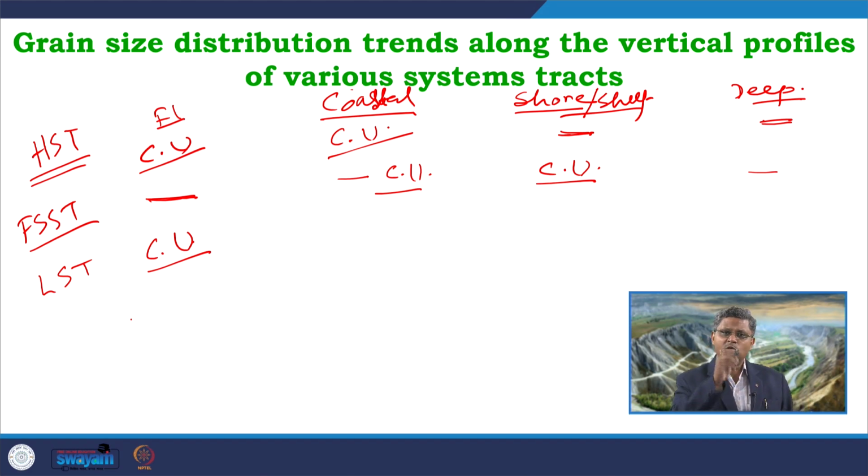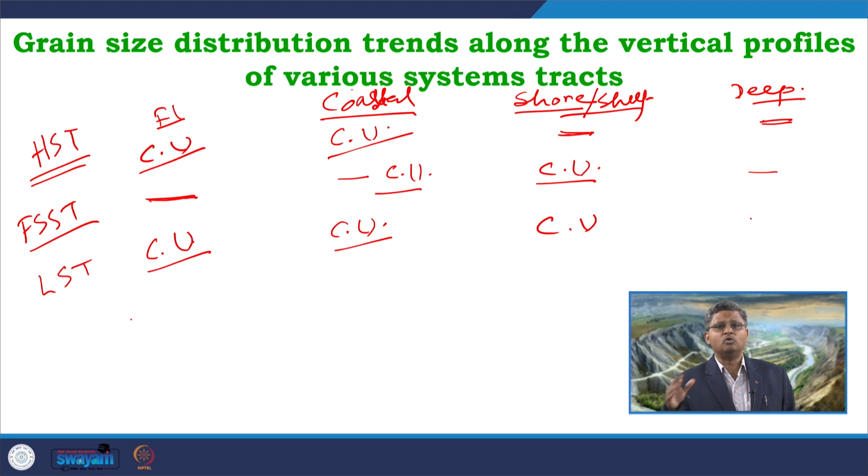But again, if you look at individual channels, then within the channel there will be a fining upward trend as individual channels will be overlapped by or covered by the flat plain deposit. In the coastal area, it will definitely be a coarsening upward trend as there will be a progressing delta system. In the shore face shelf area, again we will get a coarsening upward trend, as well as in the deep